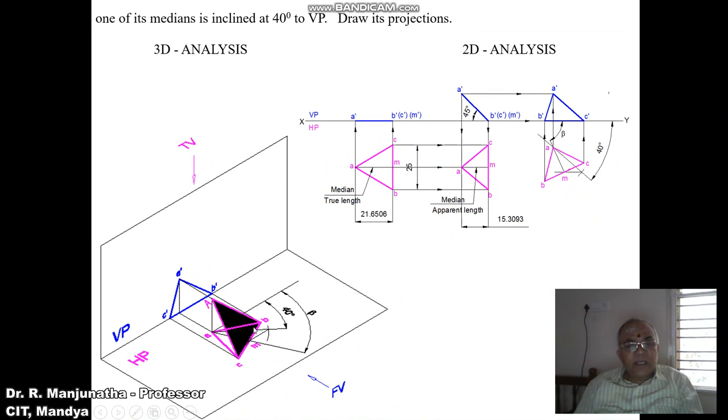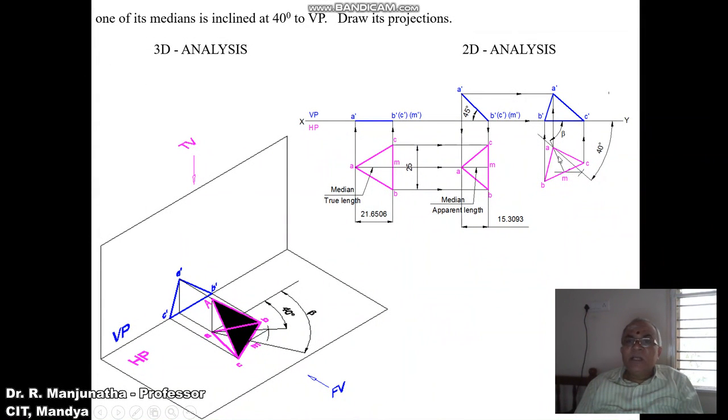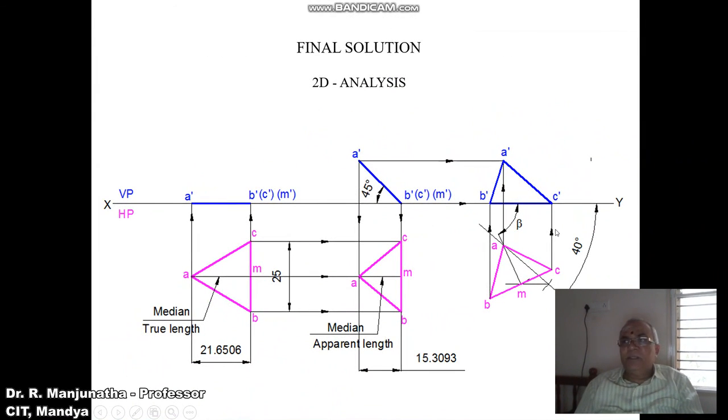So here we can see that BC is the one which is going to be resting on HP. So this is the beta inclination that we have found out. On that inclination line we are going to get the triangular lamina, and when it is projected, this is going to be the projected surface in the front view, and when you look from the top view, this is the projected surface in the top view. So this is how it can be analyzed. Now we will try to solve the problem in the sketchbook.